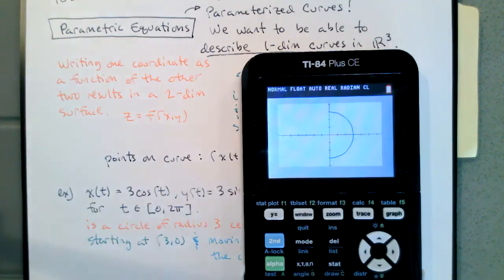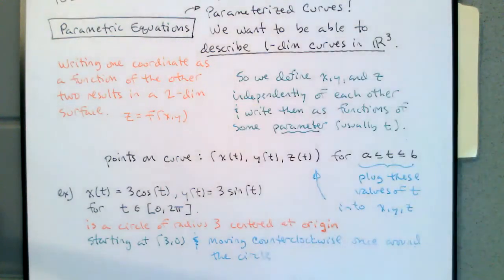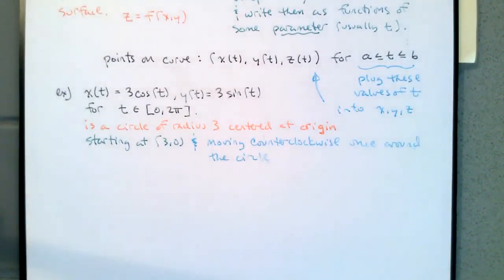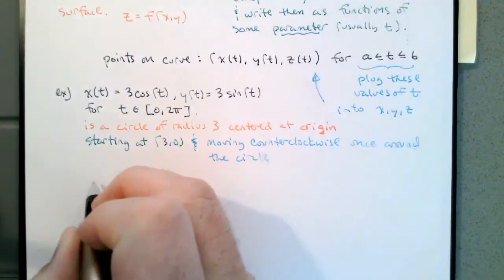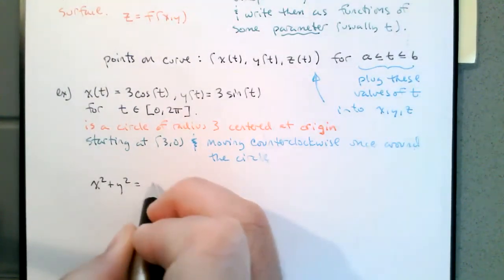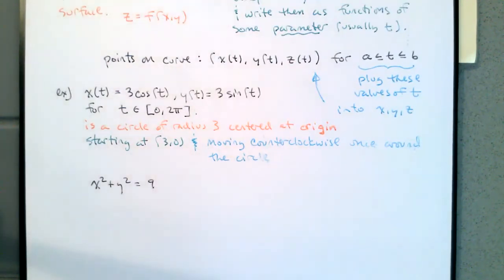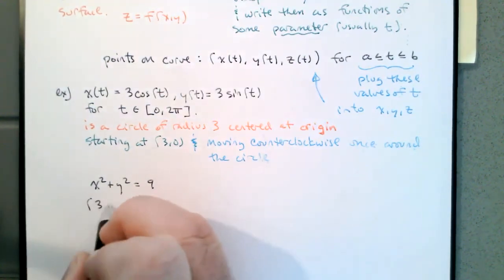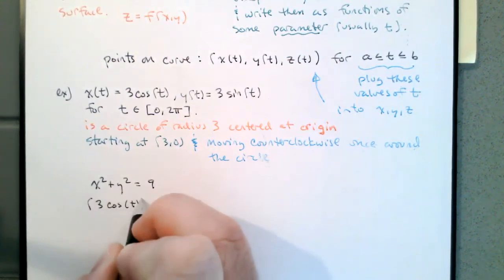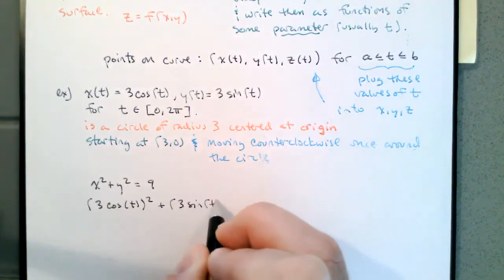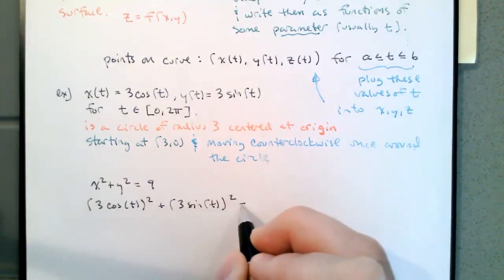It makes sense that this is going to give us a circle of radius 3 because x is cosine and y is sine. And we know the equation for a circle of radius 3 is x squared plus y squared is equal to 9. If I plug in these functions for x and y, so 3 cosine of t squared plus 3 sine of t squared,